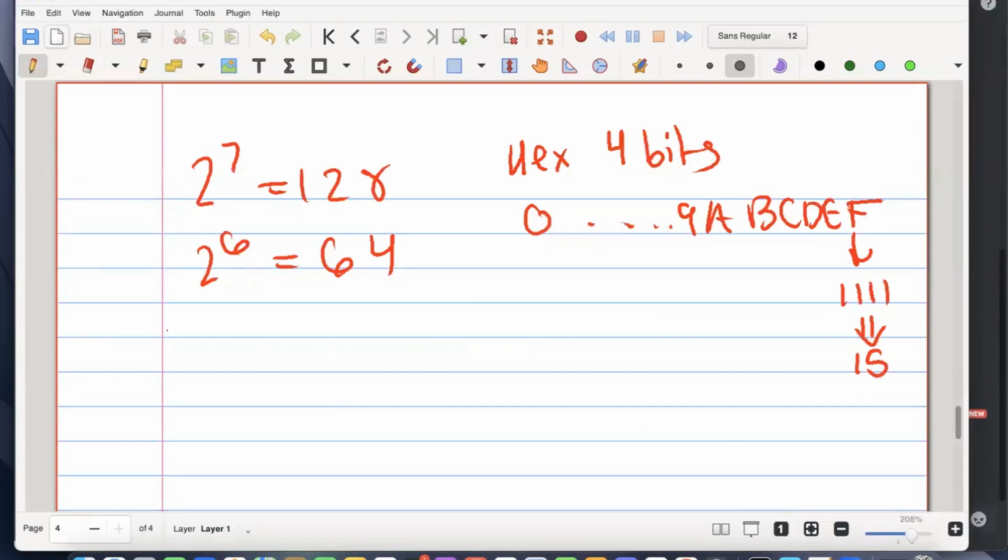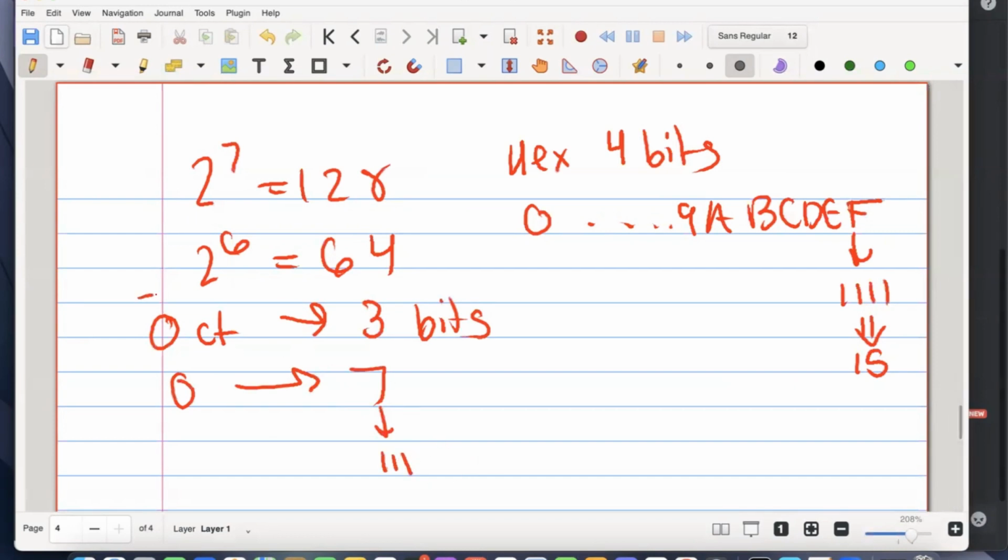And then also octal, which is 3 bits, which is 0 to 7, where 7 is just 111. And then the conversion is pretty simple. You just manipulate the actual bits at play. Okay, this is just going to be a straight list of just key things. I'm going to do a quick search of the rest of the slide and see what else the professor has covered,